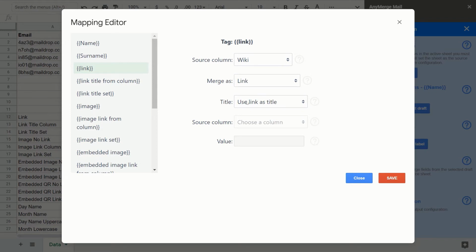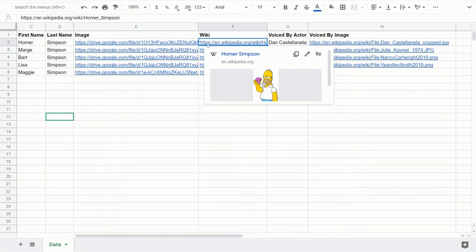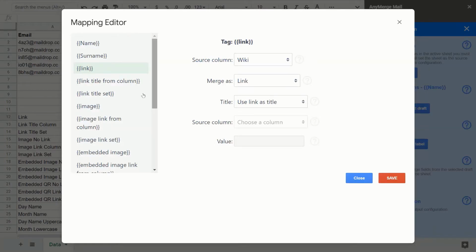By default, if you keep this default, use link as title, the result will be that in the Gmail message this Wikipedia link will be displayed, and when the user clicks it, it will take them to the Wikipedia page. Okay, so we keep the default here, but you can also